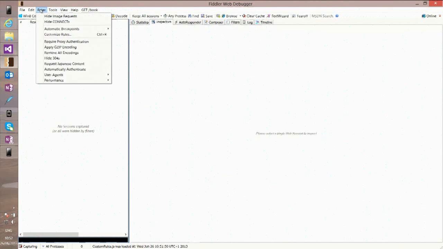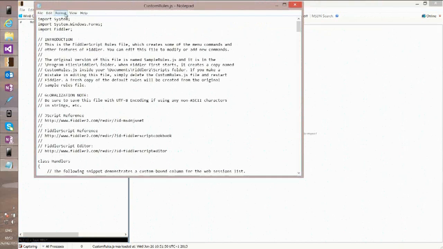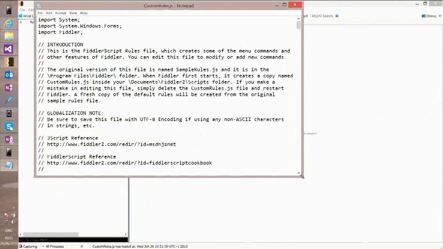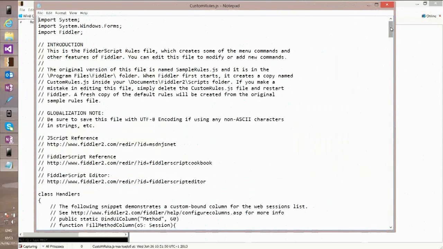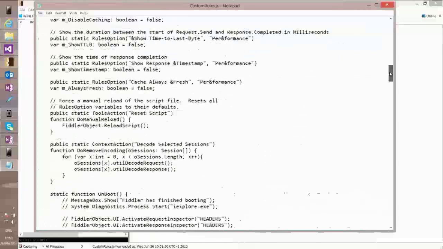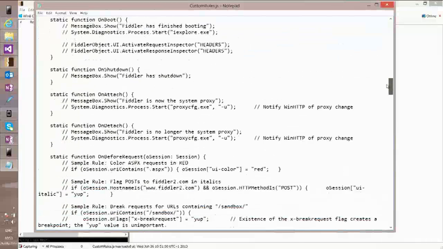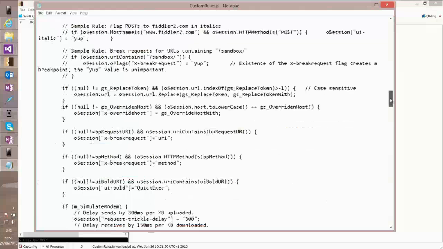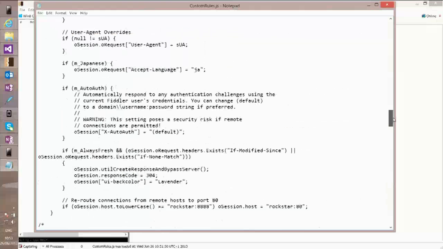And then you need to go into the Rules and Customize Rules. And this is a load of scripts that execute when Fiddler's working. And there's all sorts of header stuff and this sort of thing. But the interesting ones are these functions: OnBoot, OnShutdown, OnDetach, OnBeforeRequest. This is the one. Now, scroll down to the bottom of this, and at the end of it, I have